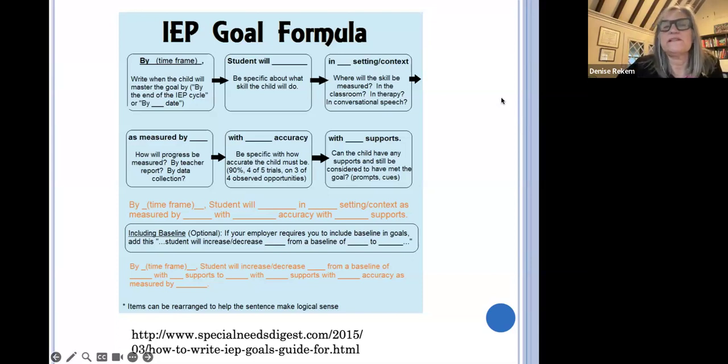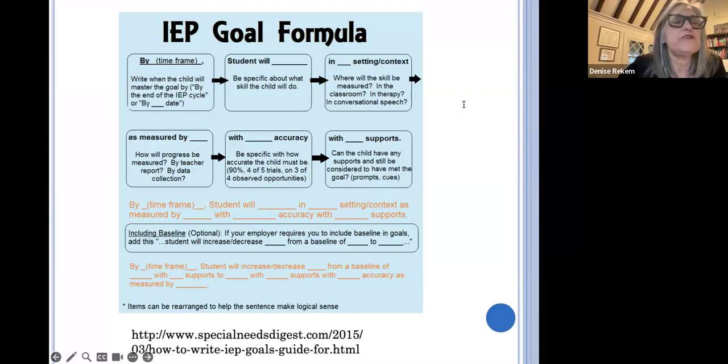What is the goal? What is the specific thing the child's going to be able to do? And in what setting or context are they going to be able to do it? Let's say it's a child with autism, right? We might first say that the child is going to be able to do something at school or in the classroom. But then we're going to want the next goals to be generalizing that goal, so the child is able to do it in other locations, right? So there's lots of things to think about, and it really depends on the child's disability.